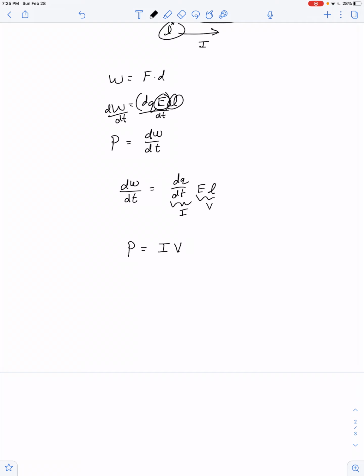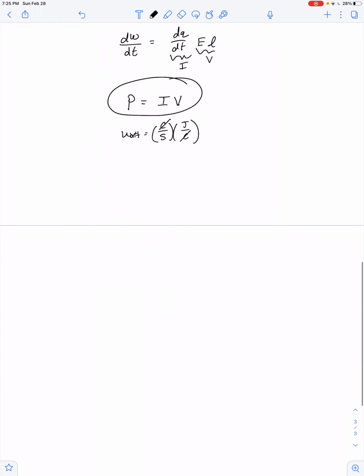Let's double check that. Current is measured in coulombs per second. Volts are the same thing as joules per coulomb. Well, yeah, certainly. We're left with joules per second, and that's a watt. So power is the product of current and voltage. But then again,